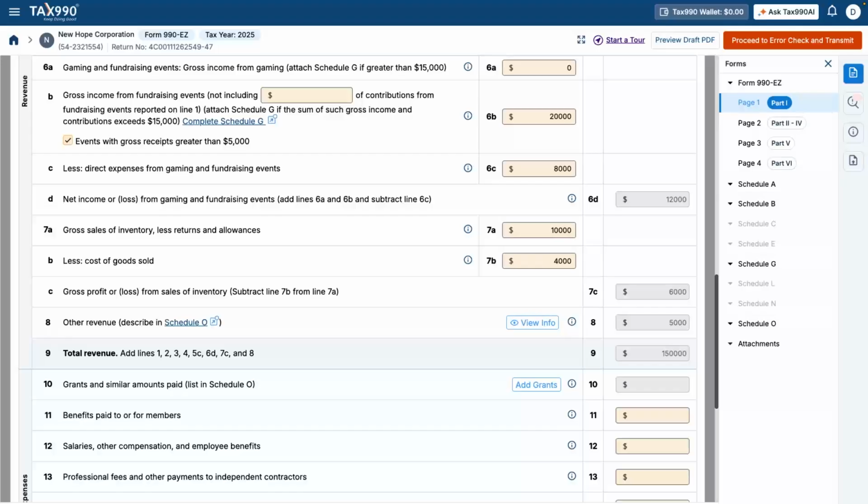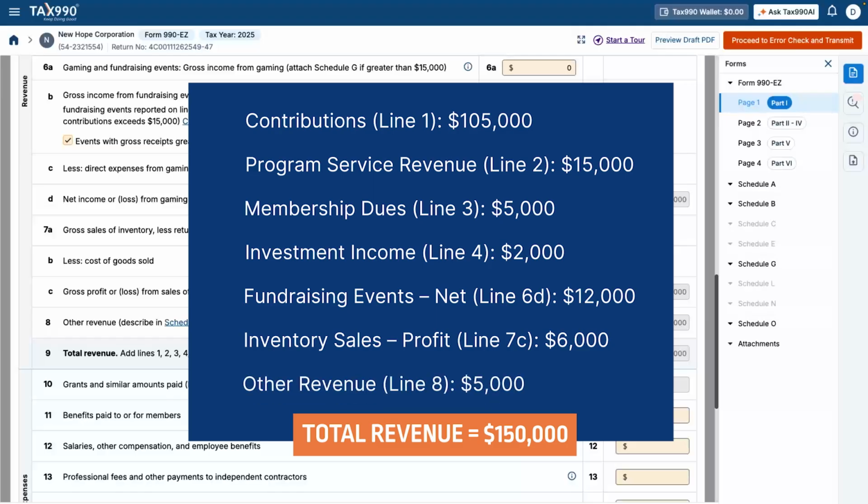Now we arrive at line 9, total revenue, which brings together all the revenue sources we've entered so far. This line is automatically calculated by adding the applicable amounts from lines 1 through 8. It represents the organization's total income for the year. Let's walk through how this total is built. Contributions, line 1,